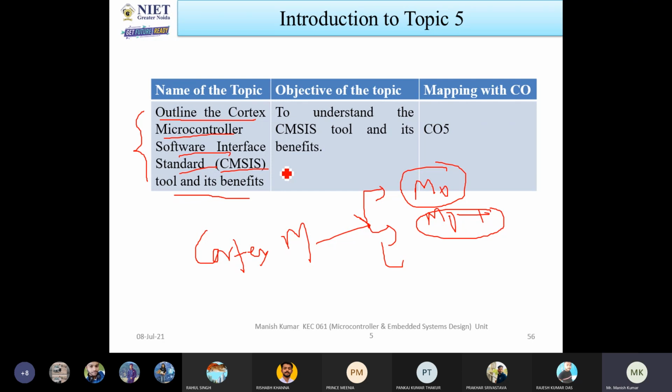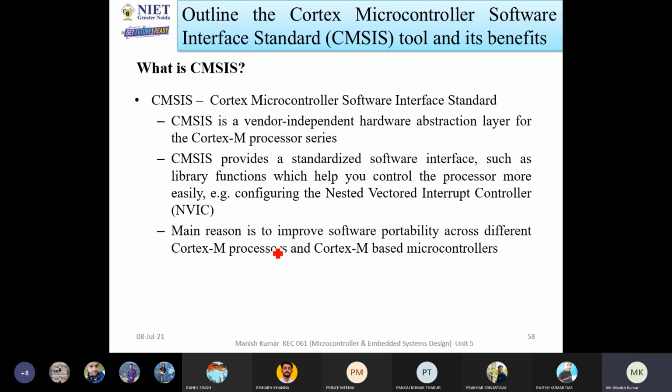You just have to change the pin configurations, whatever pins are there. But the logic is the same and it will work fine. So that is the advantage of CMSIS tools. Now first I will see what CMSIS is. CMSIS full form is Cortex Microcontroller Software Interface Standard. It is a software interface standard which is applicable for Cortex microcontrollers.